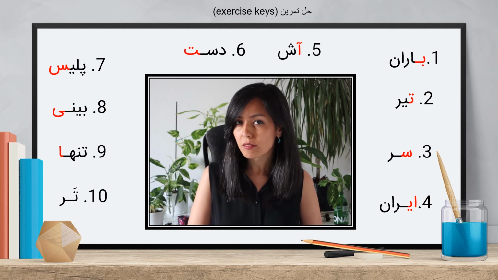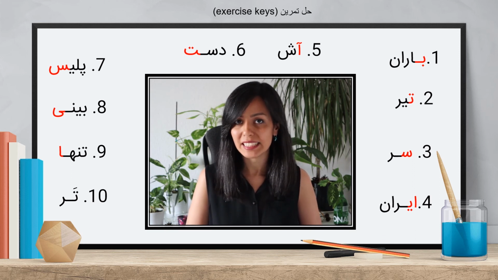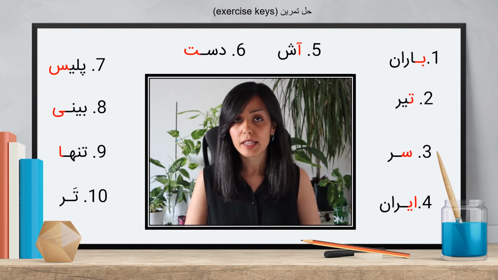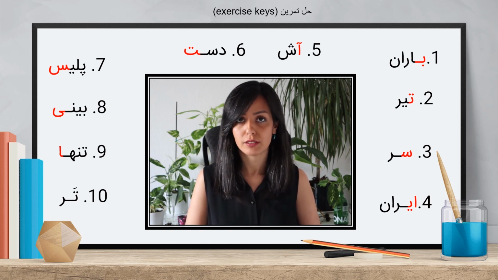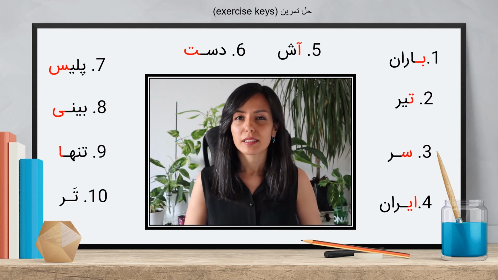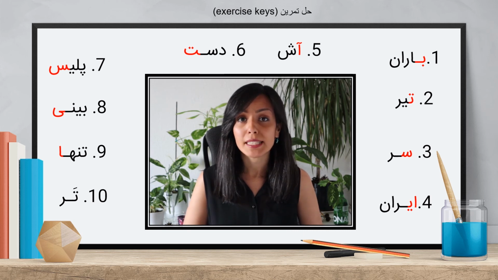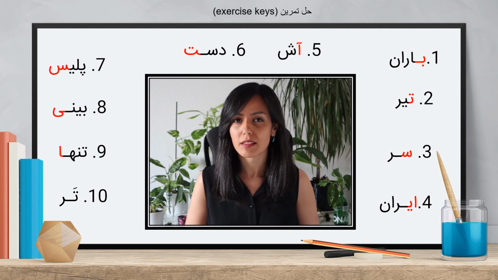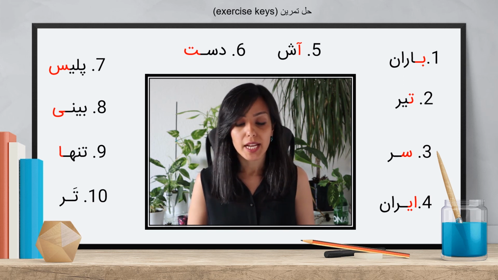It was the long vowel E. Number 5, Ash. Number 6, Dast. T. Number 7, Police. So the consonant Se. Number 8,